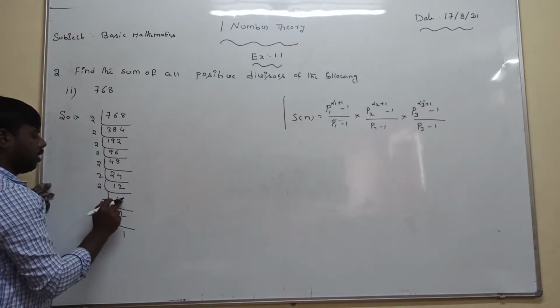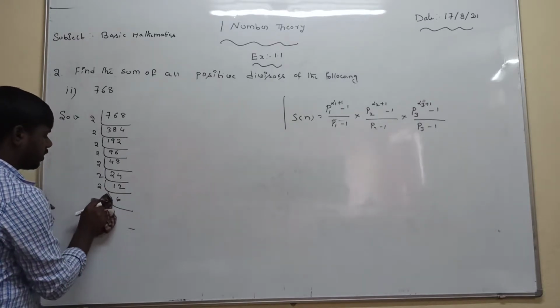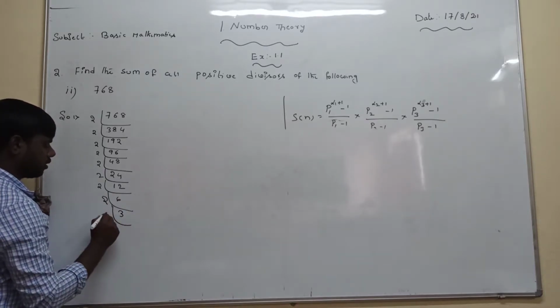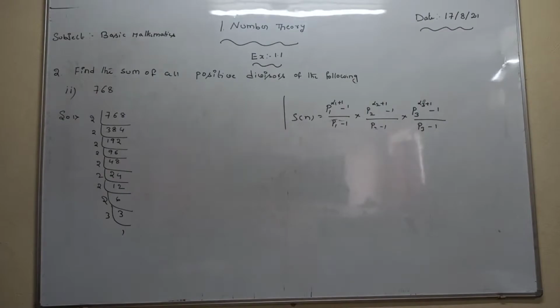Next, 2 only can take. Don't take 3. 2 3s are 6. 3 1s are 3. Now